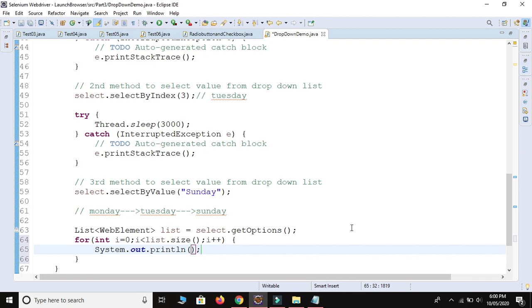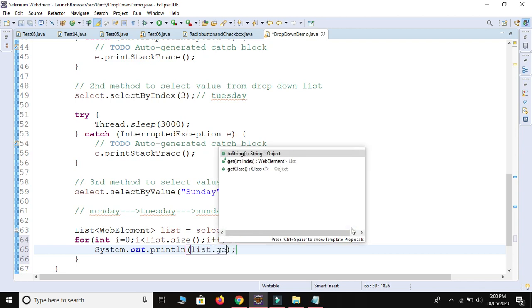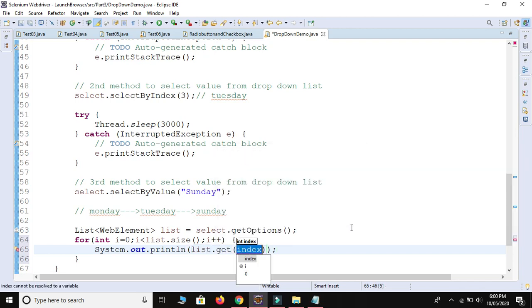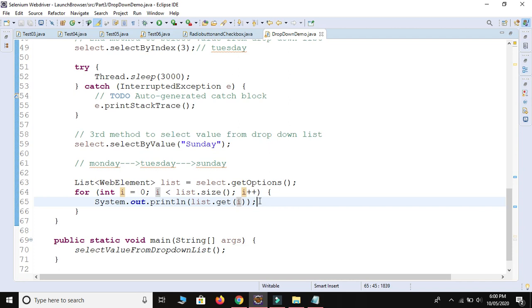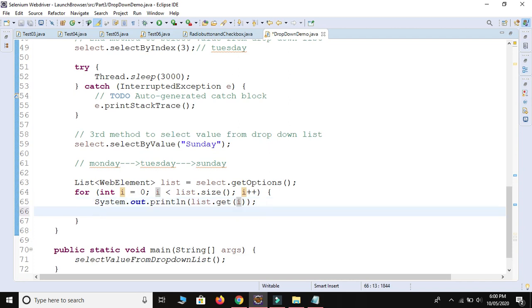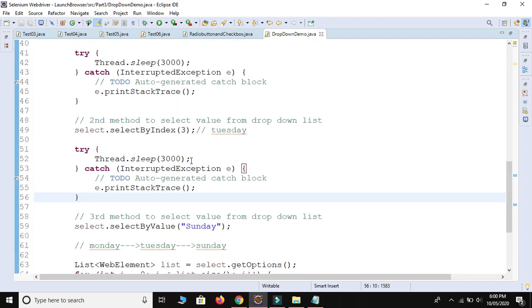So we use list.get at index number i. Control Shift F and Control Save. And after printing one element, we use System.out.println, so the next value will print on the new line.